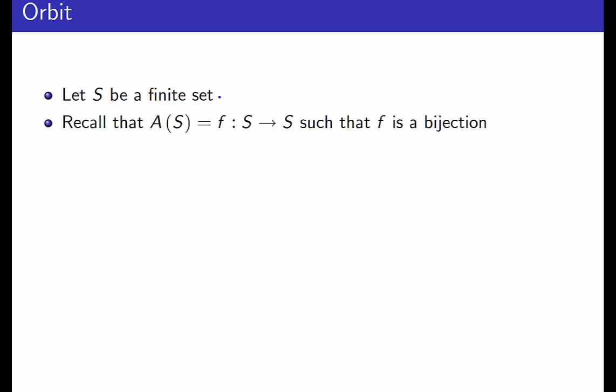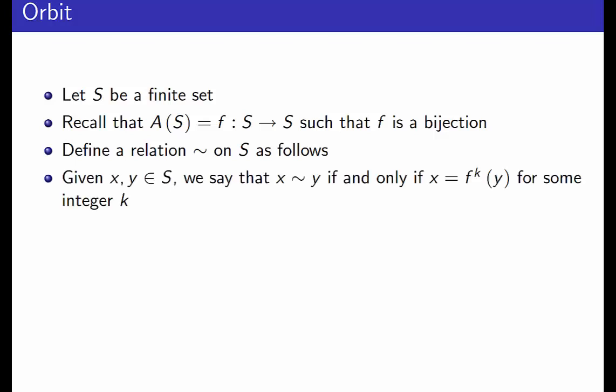Recall that A(S) is in fact the collection of all functions mapping S into itself such that f is a bijection. So it's the set of all bijective functions on S. Now we'll define a relation on S as follows. We'll say that two elements x and y are related to each other if and only if